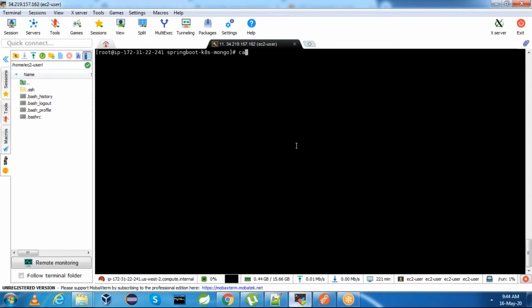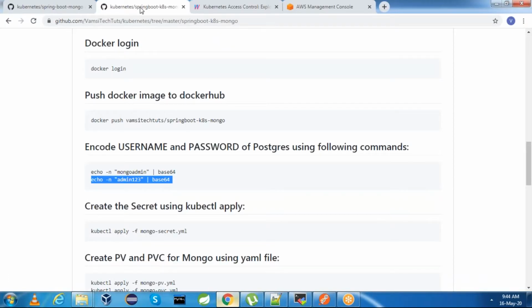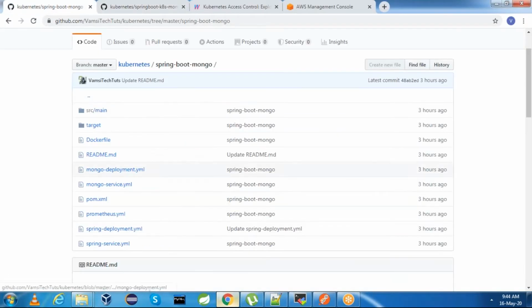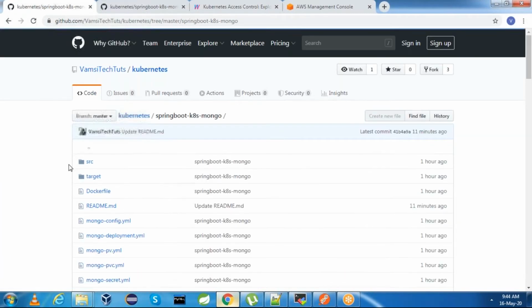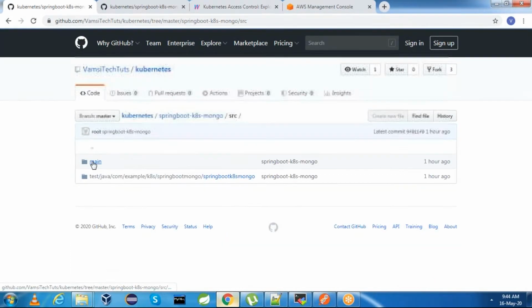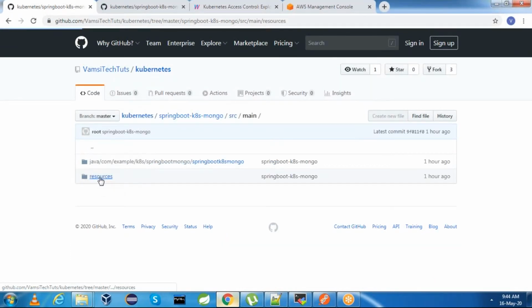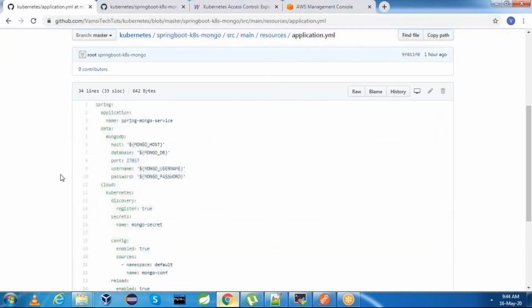And the second thing is we have Mongo config. In the Mongo config, we have the host name and database name. If you see the code, as I showed just some time before, go to src main resources, application YAML.